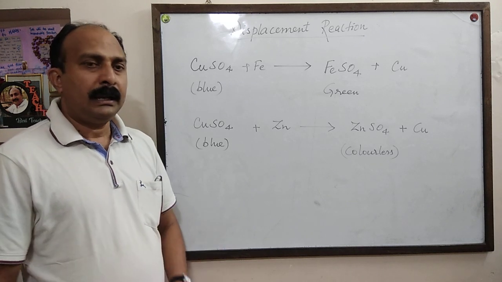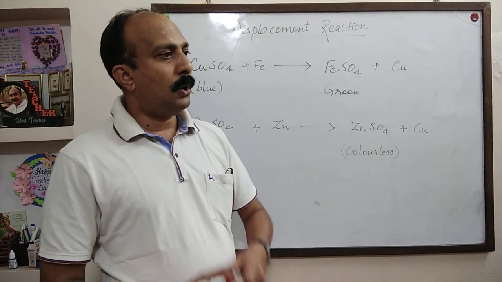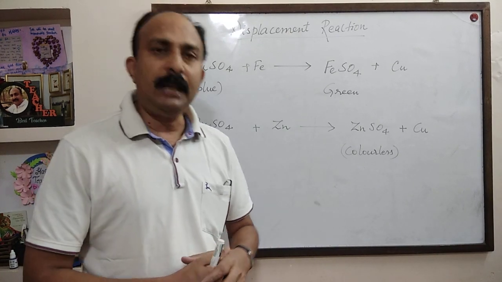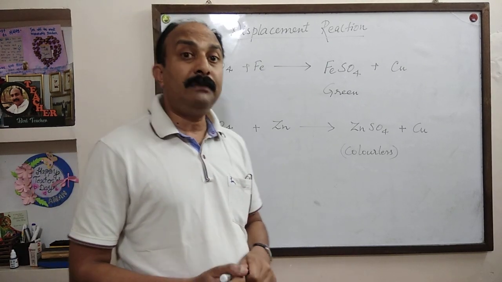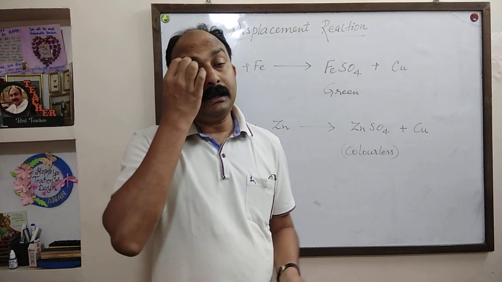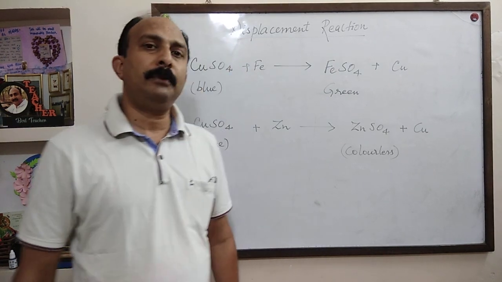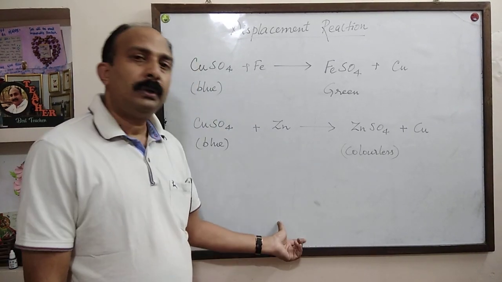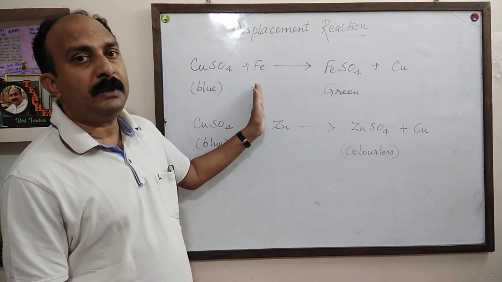So we have seen metals have differences in their chemical reactivity. So on the basis of this reactivity, metals are arranged. Such an arrangement of metals in the increasing order of reactivity is known as reactivity series or activity series. This will be studied in detail in our next chapter, metals and non-metals. We will study about activity series or reactivity series. But remember, you must know the arrangement of metals in that activity series to study more about displacement reaction.